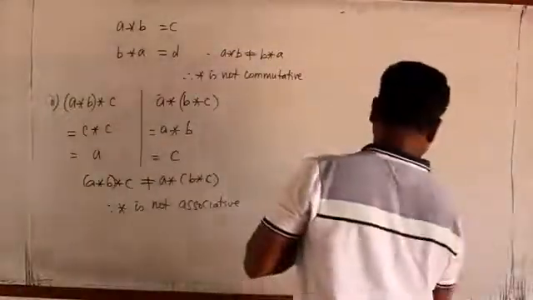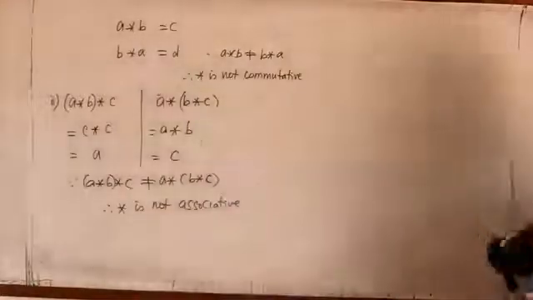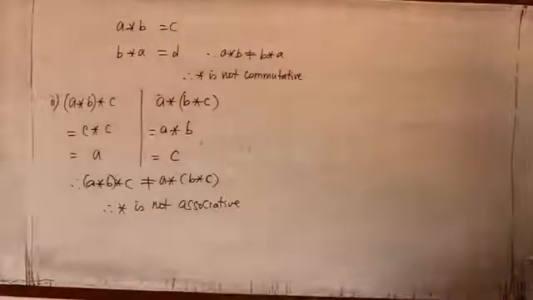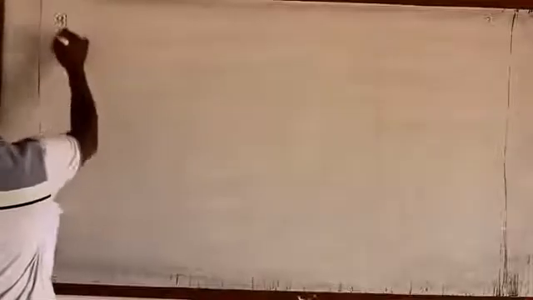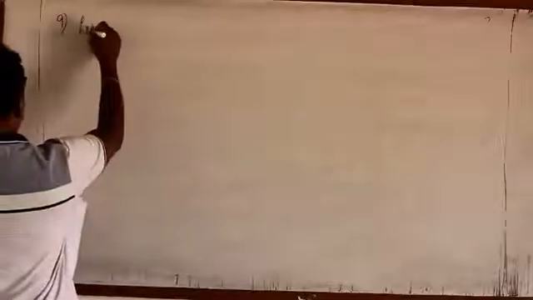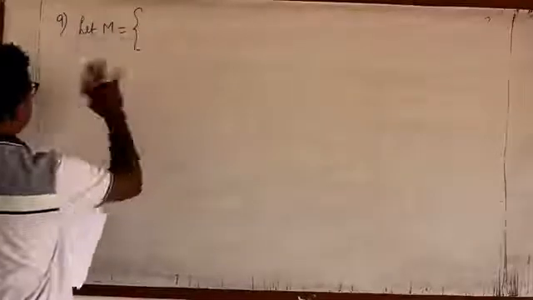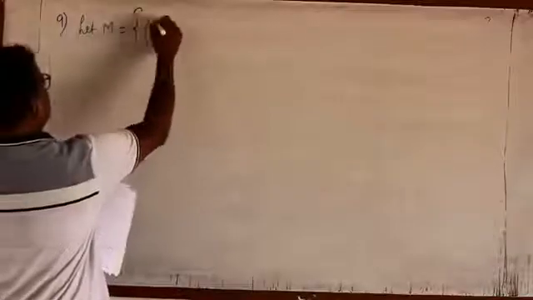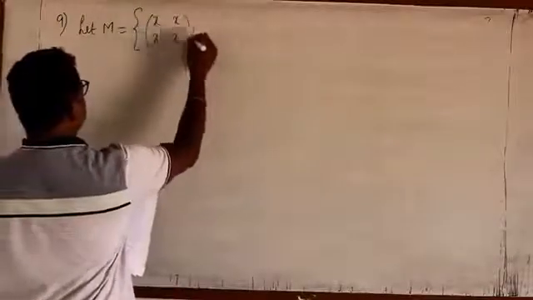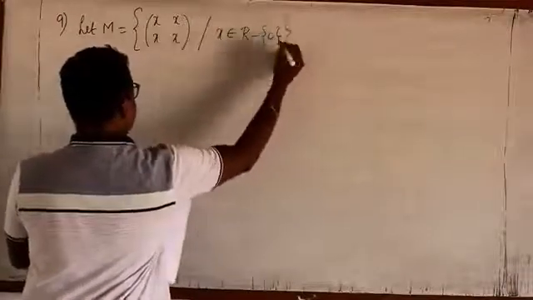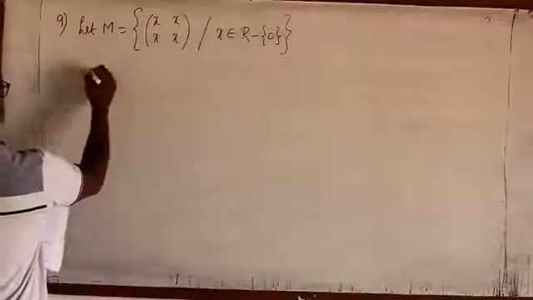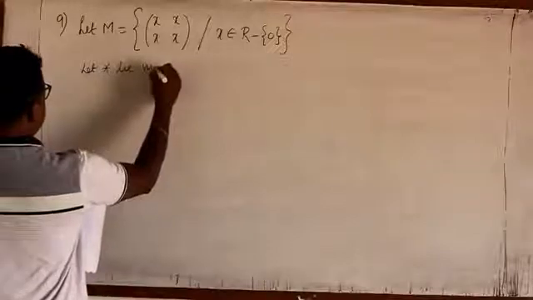I will do the 9th problem, then we shall go for the 8th problem. After the 6th problem, I will go for the 9th problem. I will finish up 9 and 10, then we shall go for the 8th problem. All these problems are of the same model, so we shall try to complete this kind of problems first. X, X, X, X, such that X belongs to real numbers except 0. Let star be matrix multiplication.